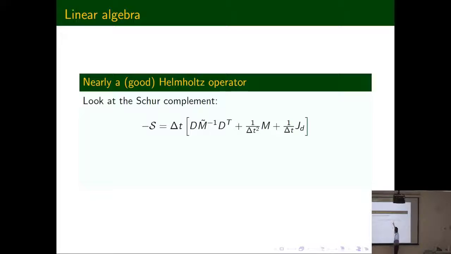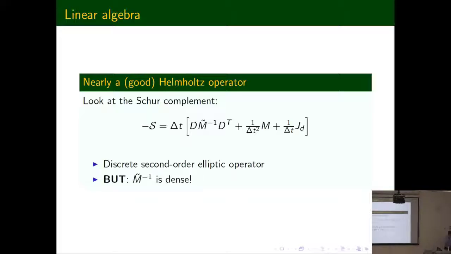And then this is a mass matrix, so this is really like a Helmholtz operator, the good Helmholtz operator, with a large shift. And then you get this other funny thing that's the Jacobian of the damping term, which could be nonlinear. It's not bad, but it is kind of a semi-definite,